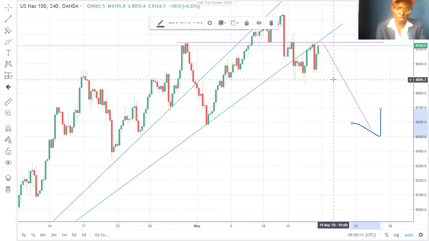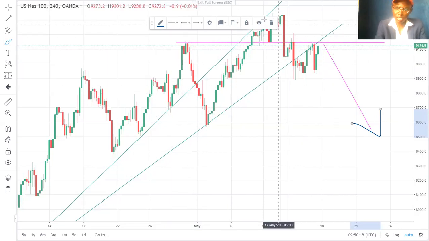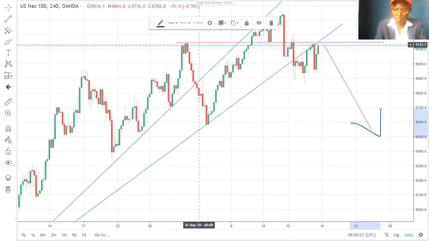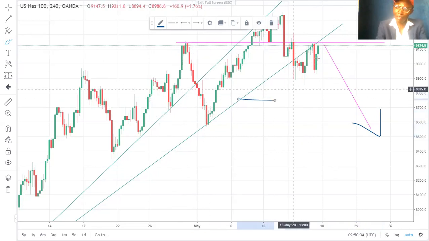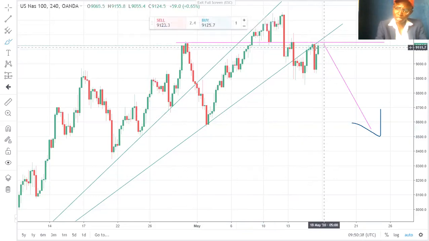If you haven't heard about a head and shoulder, it is when the market rejects two times after a false breakout. So that's a head and shoulder. This is a false breakout. They broke this previous high, and then they are creating another double top here, which is equal to this one, or a little bit slightly higher than that point. Okay, now I've identified that this point is my reversal, which means that I need to search for an entry.